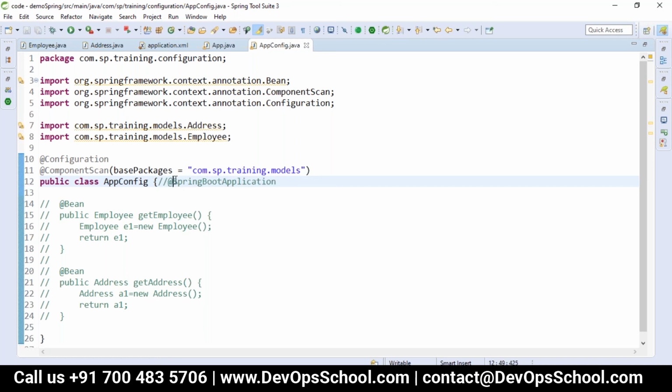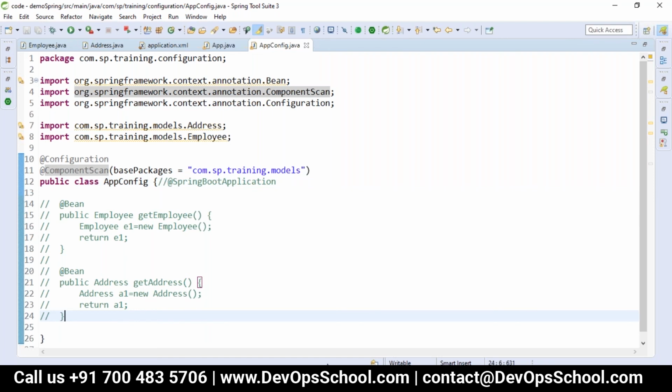It does the component scan. It enables auto configuration. It does the component scan in the base package. Like always, it will scan the packages under the application which you annotated with Spring Boot application. So Spring Boot is very simple.